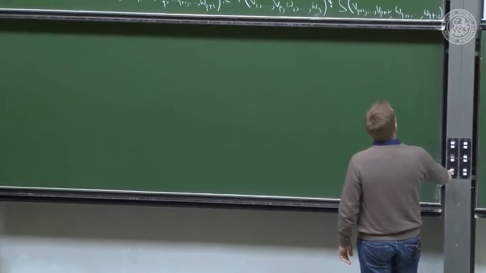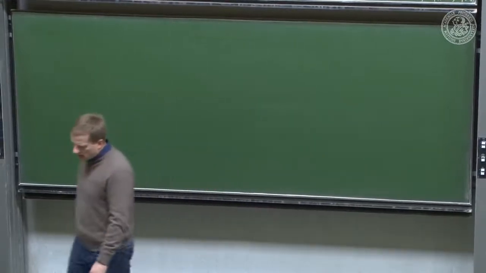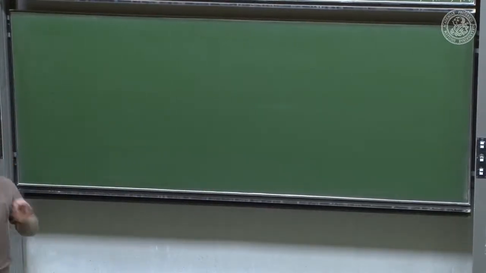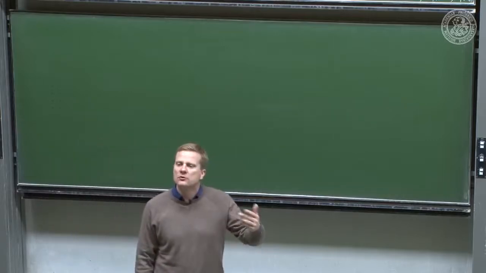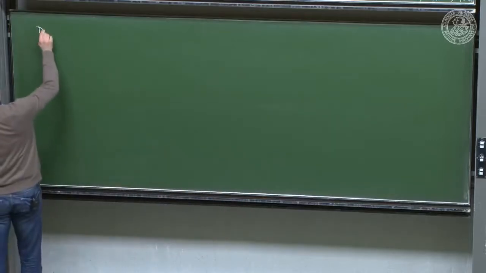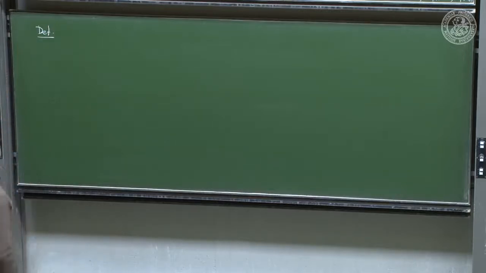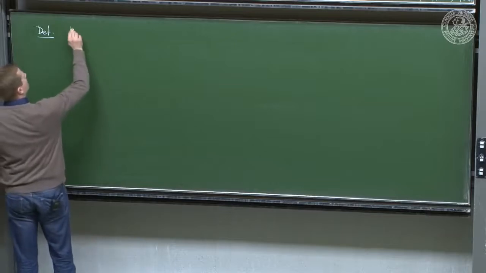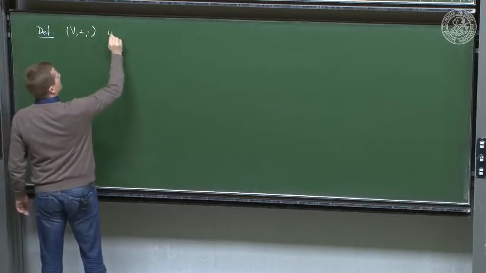Now, here some care needs to be taken in the definition of dimension. In particular, what we're dealing with here are bare vector spaces. We have no additional structure assumed. We have no norm on the vector space. And if you have no further structure than the vector space structure, the only notion of basis you can define is a so-called Hamel basis definition. So if V plus S multiplication is a vector space,